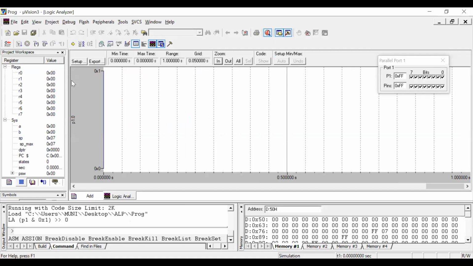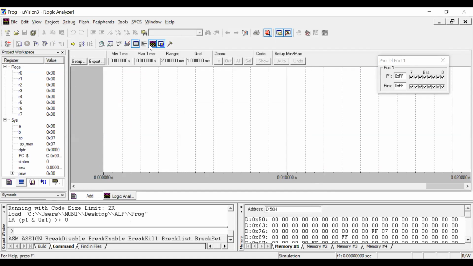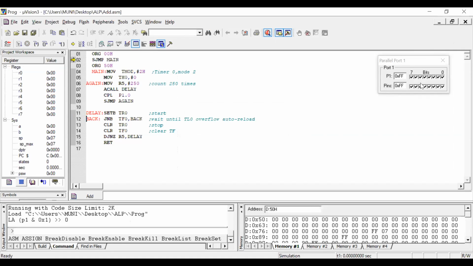And next, the port is there, and here it was already set up. Port 1.0 is written, so this bit continuously toggles. So run it directly with the help of the run command.